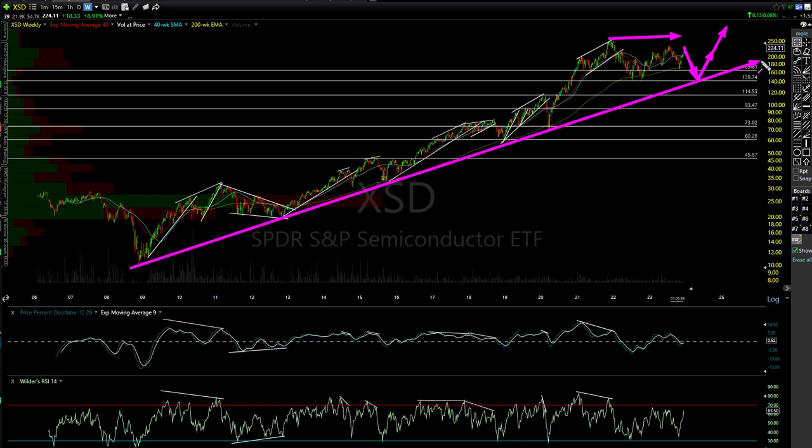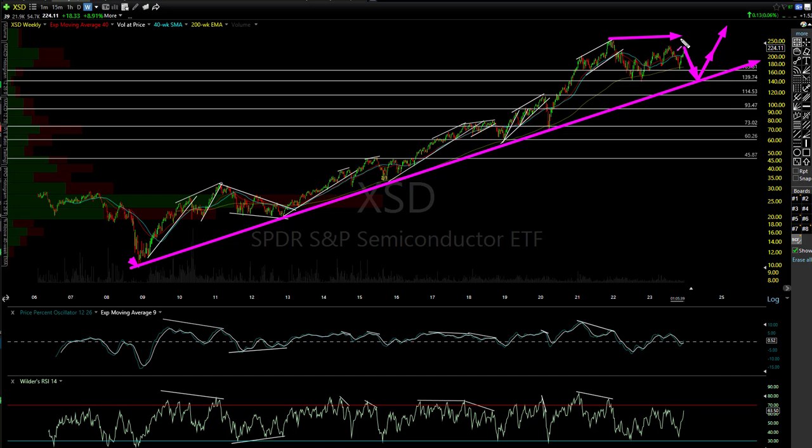trends don't last forever. This is a very, very long-in-the-tooth bull market that started back in late 2008 for the semis. And I know very, very few out there, even some YouTube channels or people who come on TV, some folks bearish, calling for, like me, adamant we're going to see a recession in 2024, and maybe it already started. But very few see just how far this market can drop.